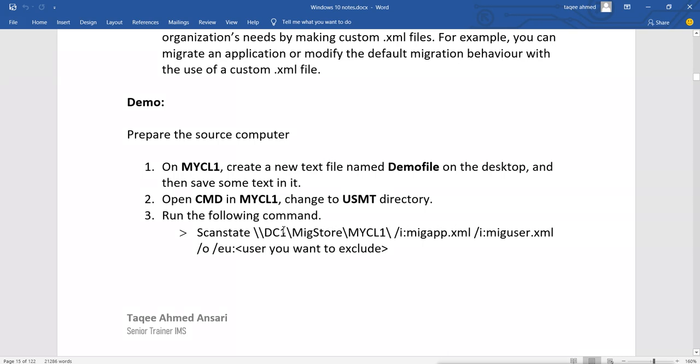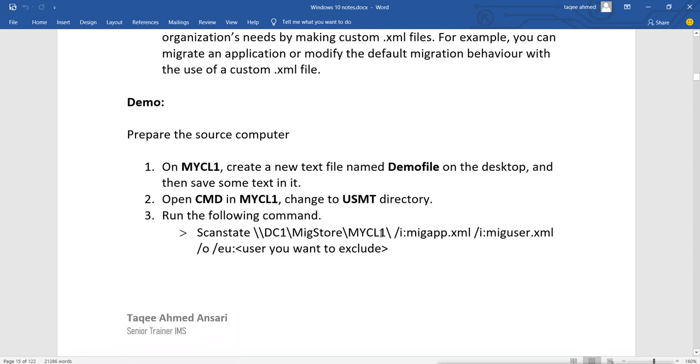So open the command line and use the USMT tool command to take the backup. You will run the command scan state, then you will mention the location where you want to store the data of your backup. Here I am using a network path, that means where I want to keep the backup. You can keep this backup on your local machine and then take it to an external drive, or you can store it directly on the network drive. Whatever you want, you just have to take the backup somewhere in another storage of your system.